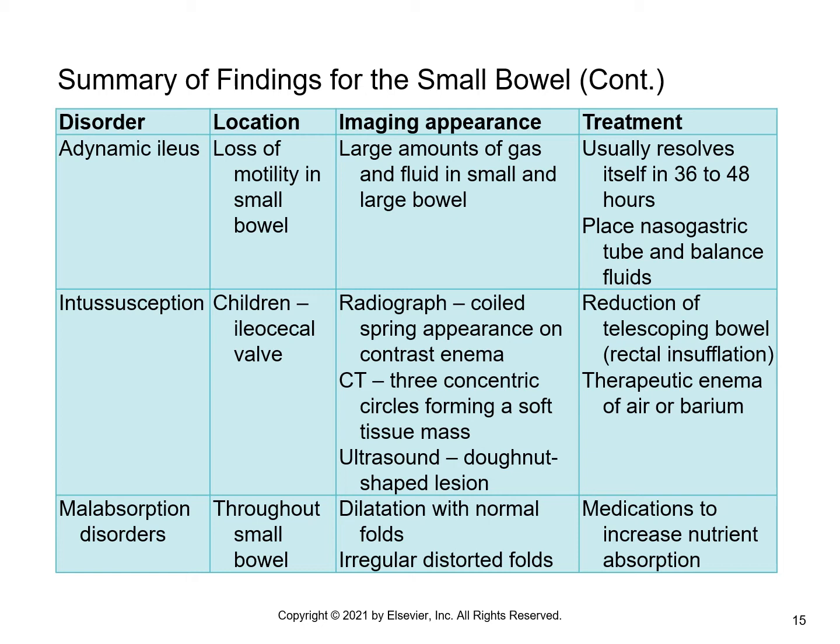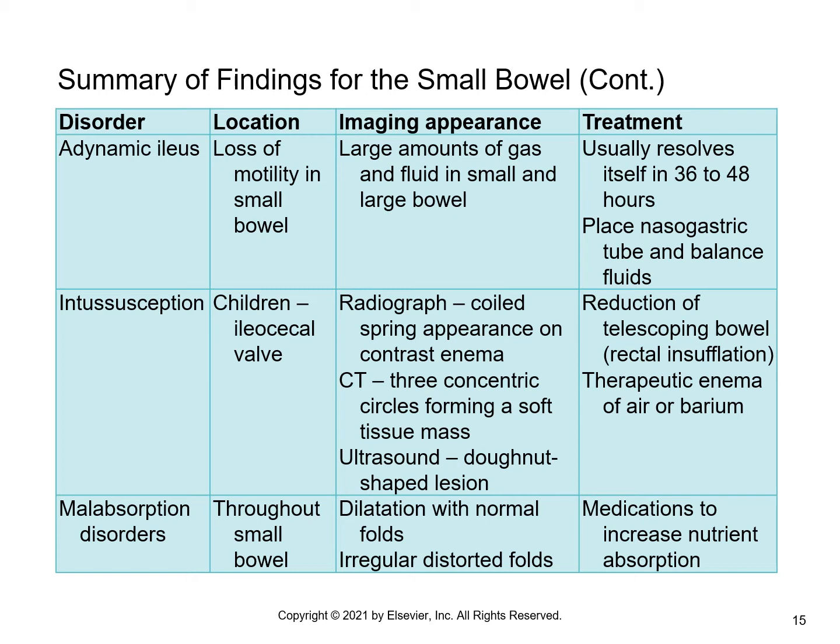Usually with the adynamic ileus, they'll resolve on themselves, but one of the things that they can do to improve some of the patient's discomfort is inserting a nasogastric tube to allow some of that air to decompress out of the bowel and allow them to have some relief until their bowel starts functioning normally again. If it's due to a surgical procedure, then usually within, like I said, that 36 to 48 hours, it will start